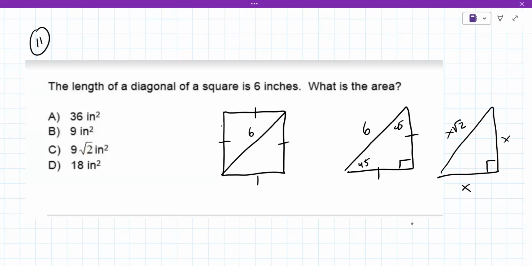Sorry, I got 3 so far. So sometimes when you're doing it a way that's taking a really long time, you might say, well, was there a better way? I know that it's not going to be 9. I know it's not going to be B. Well, no, what is the side length? You got to be able to tell me the side length. So the side length is going to be